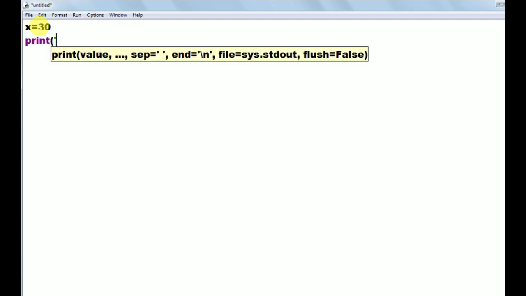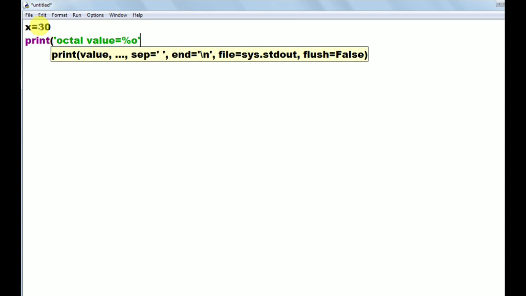So I want to print the octal and hexadecimal value of 30. Write print. I want to print the octal value, so write octal value equals. To print the octal value, which format specifier do we have to use? %o. This %o refers to x. So write x here.